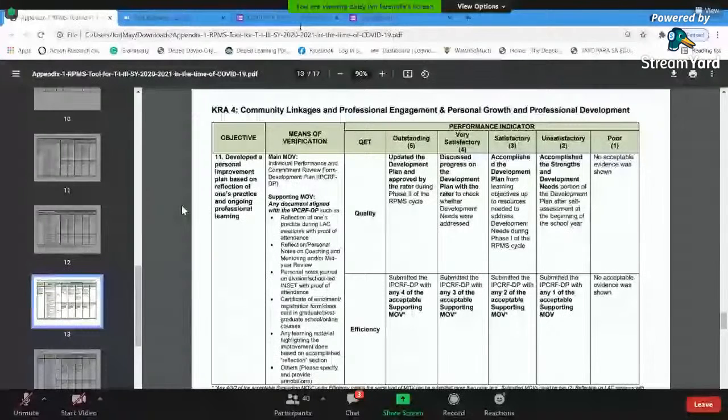Okay, to the RPMS, you need your development plan to be approved first. So next, discuss progress of the development plan with the rater to check whether development needs were addressed. So for your rating, when you have talked with your rater,